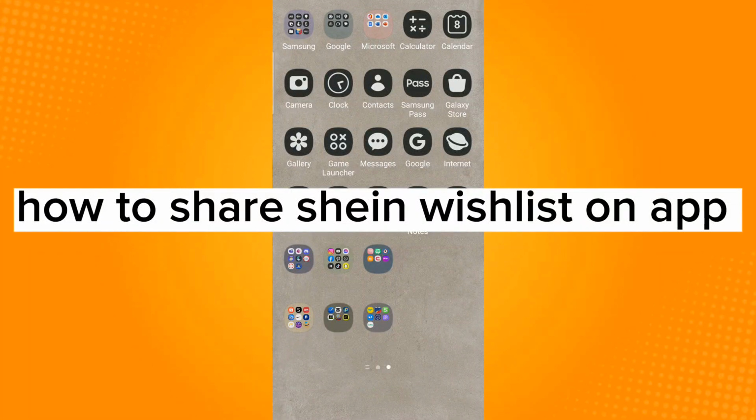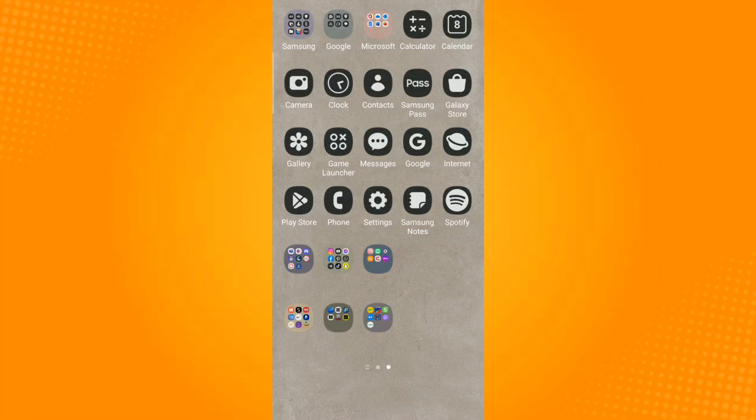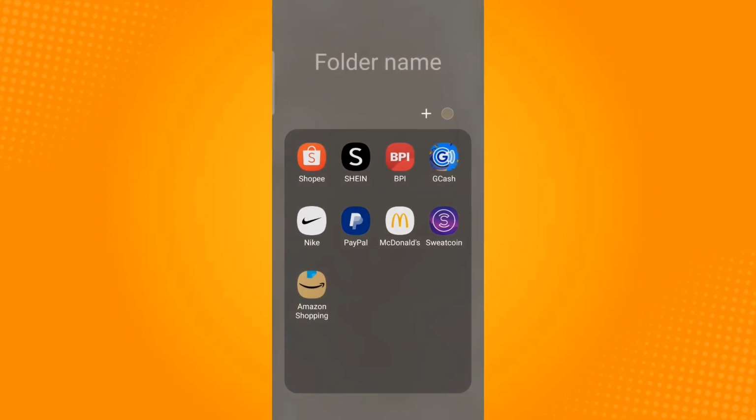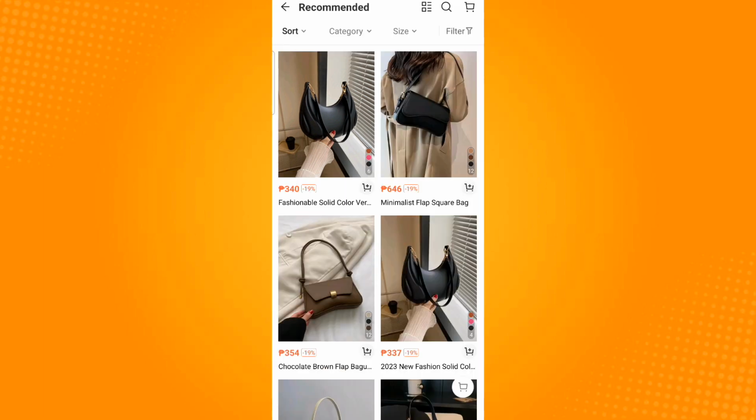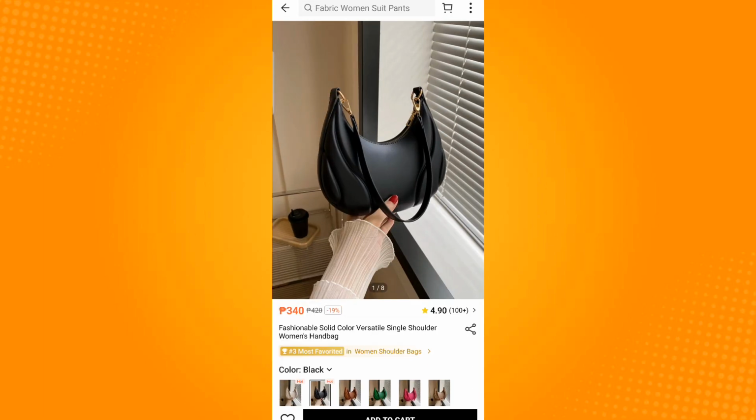How to share Shein Wishlist on app. So go ahead and launch the Shein application. Now to locate your wishlist, just tap on any item and tap the ellipsis icon found on the upper right